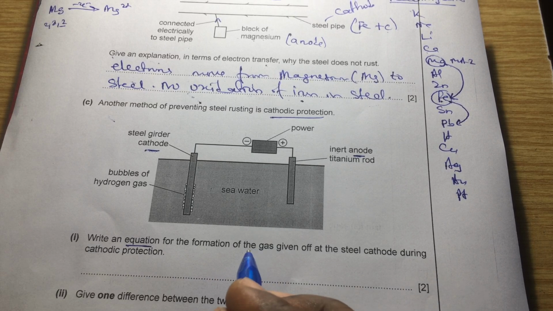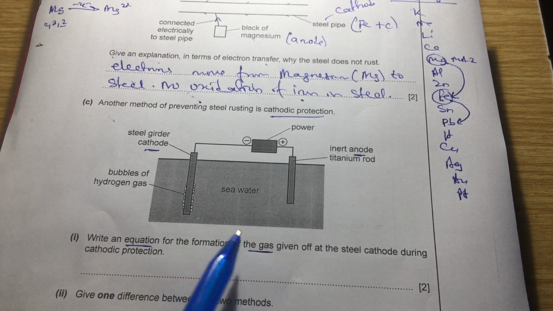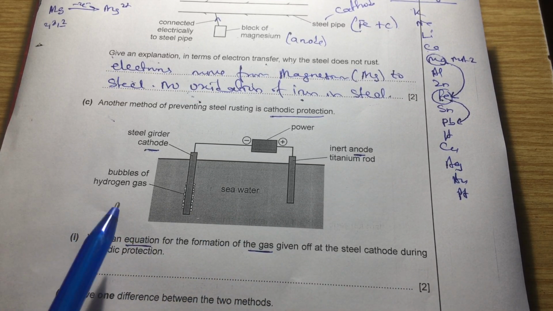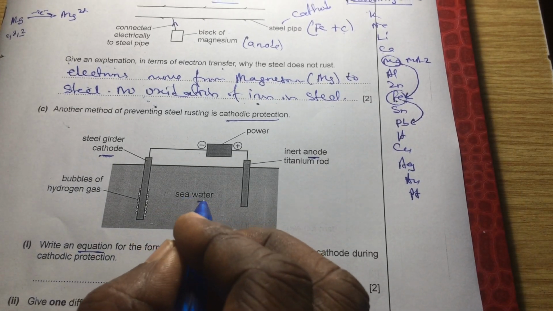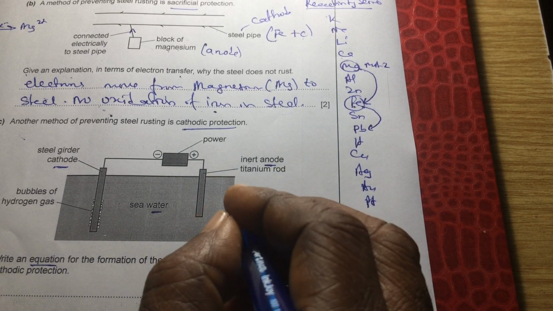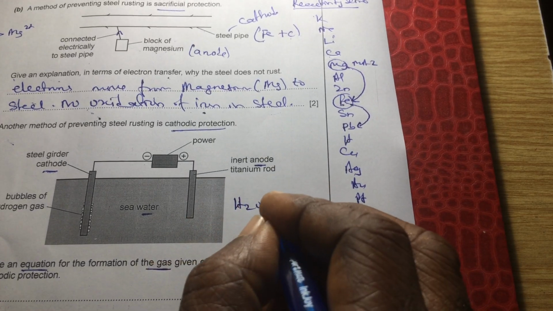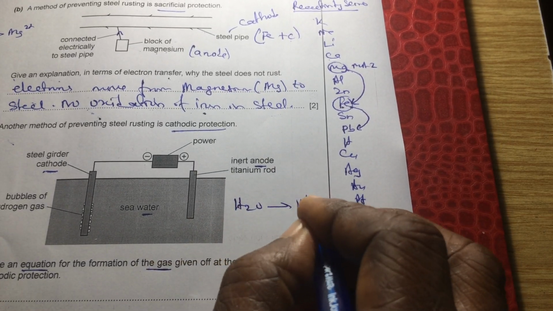For the formation of the gas, right? It's definite. I'm referring to hydrogen gas. How do you present the formation of the hydrogen gas using an equation? Definitely, seawater has dissolved salts, and water, as this is the formula for water, and inside water you have these